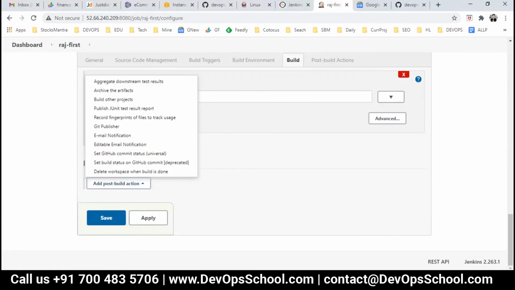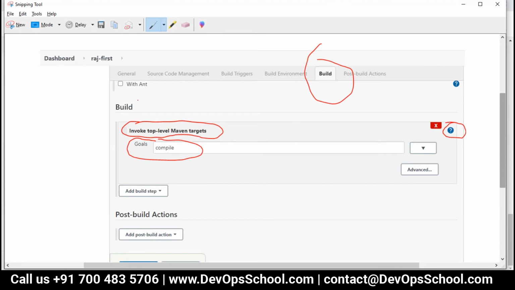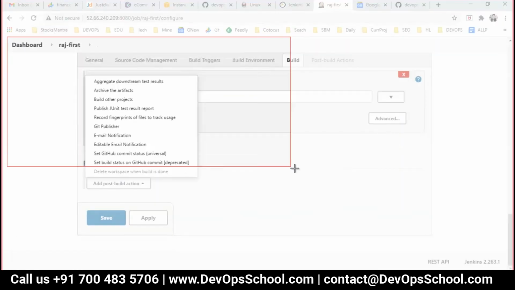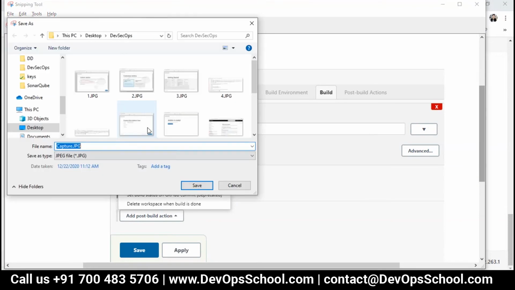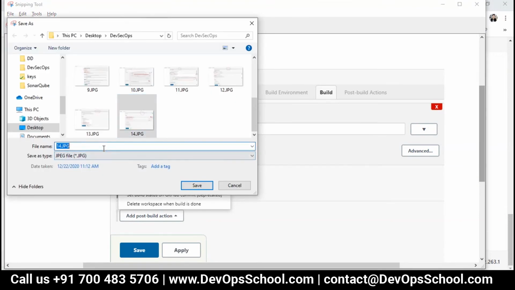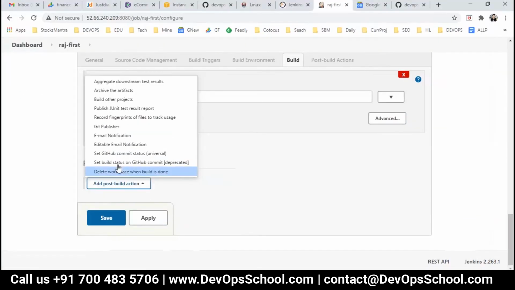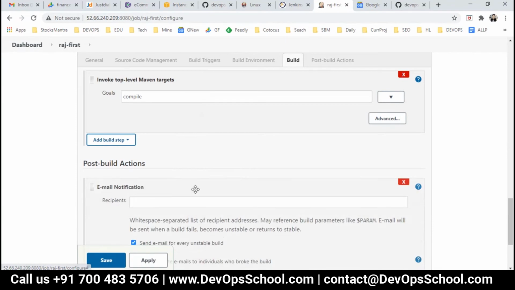Email notification. Okay, so here you have email options, and this is the email notification I am going for. The one which I have dropped, you use that one only. Don't use the extended one because that has a little bit of explanation pending.